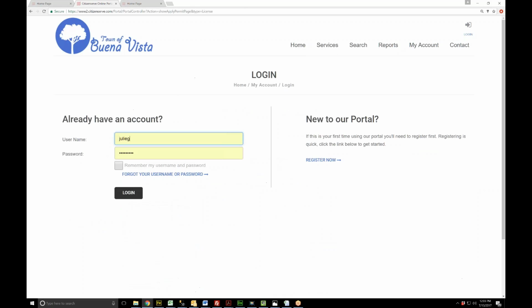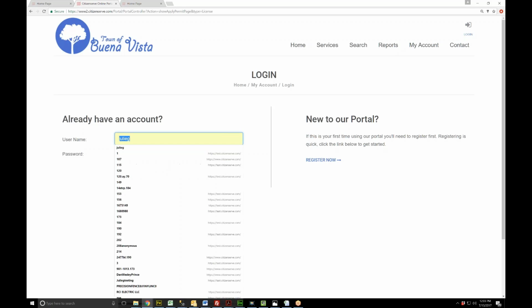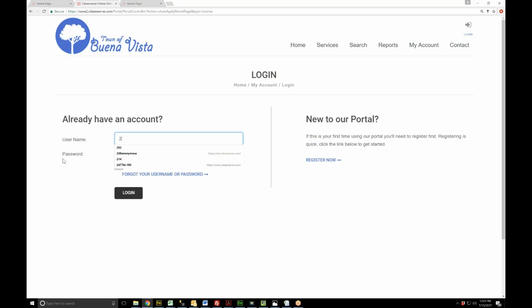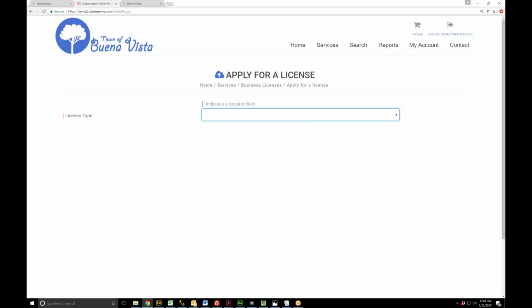So I'm going to go to Apply for a License, and people can log in if they're already registered on your website, or if not, they can go to Register Now and fill out their name and email and things like that to register. I'm going to go ahead and log in as someone that is already on our site, if I can remember the password. There we go. So it takes me to the Apply for a License page,